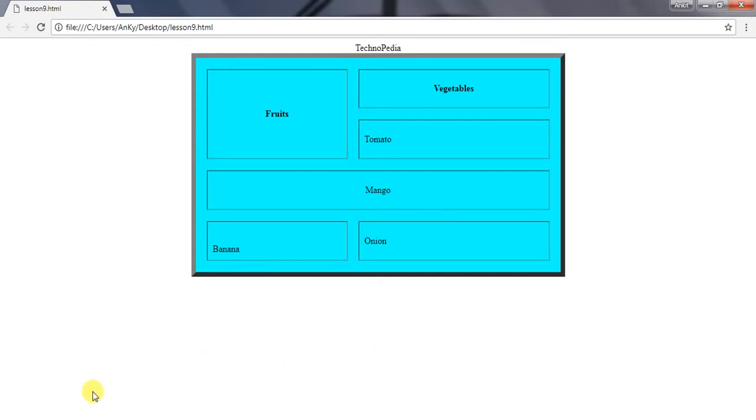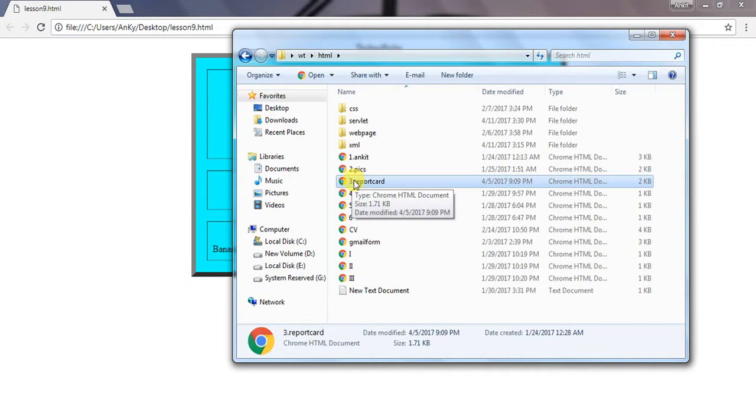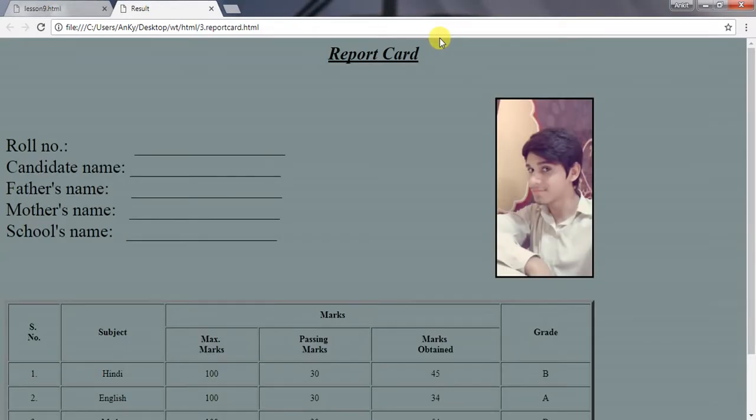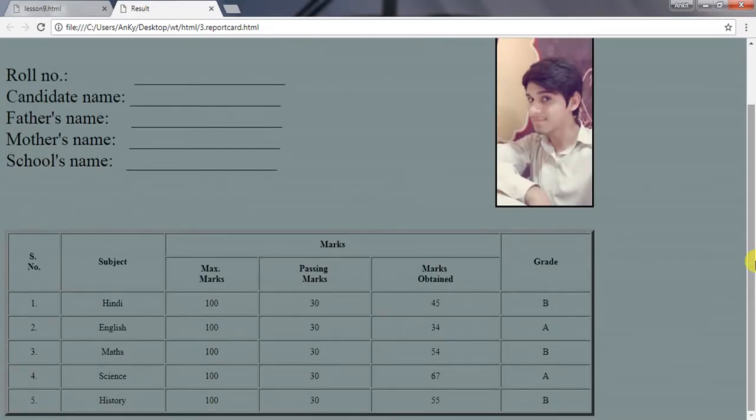I would like to show you something, guys. You can also design your report card by using a table. Here you can see for this particular cell I use rowspan, and for this cell I also use rowspan where I give the value of 2.